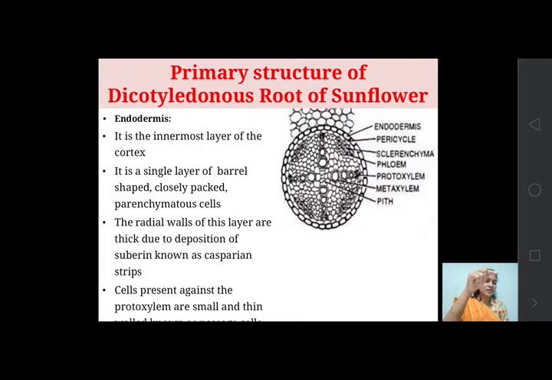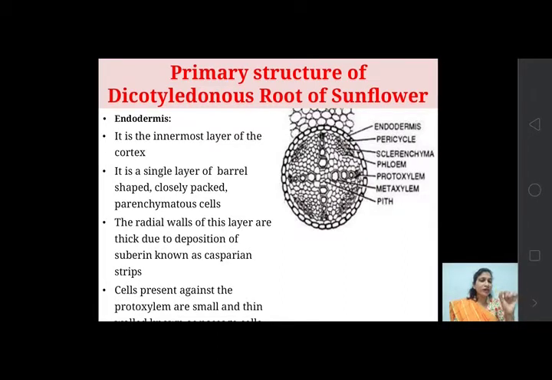And when endodermal cells are facing the protoxylem tissue, they are just present against that protoxylem. Only these endodermal cells are thin walled cells. You can see in the picture that the four rays contain larger cells and smaller cells. The larger cells are present at the center region, and the smaller cells are present towards the endodermal region. These smaller cells are known as the protoxylem cells.